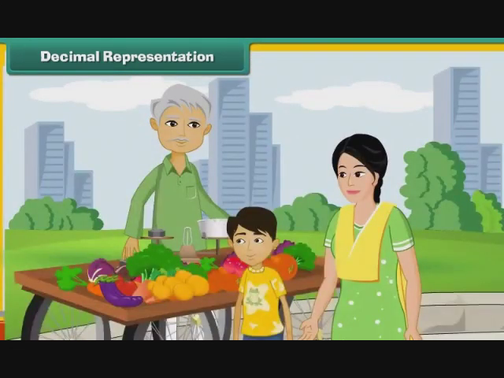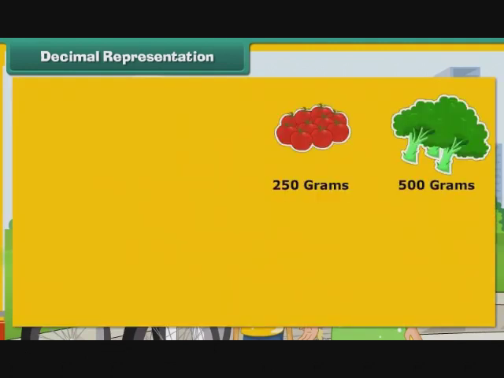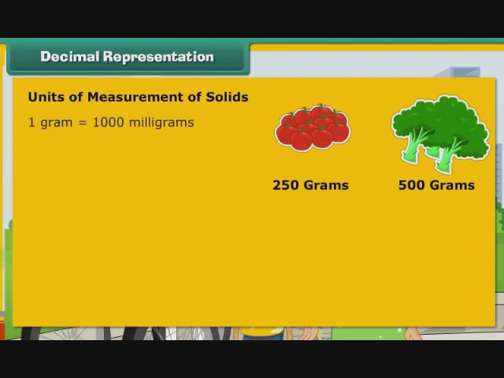Akshay accompanied his mother to the vegetable market. There, he saw his mother buy 250 grams and 500 grams of different vegetables. He wanted to express the quantities purchased as kilograms. To be able to do so, Akshay must first understand the units used to measure quantities of solids. 1 gram is equal to 1000 milligrams. Therefore, 1 mg is equal to 1 by 1000 gram. That is equal to